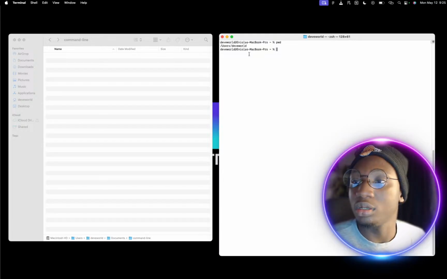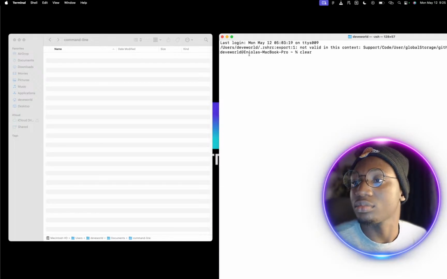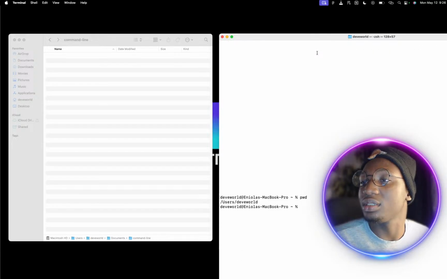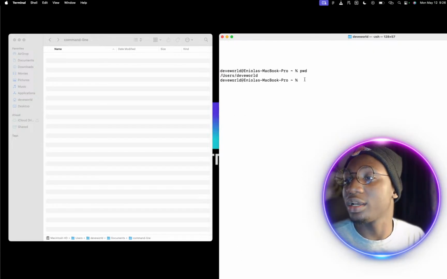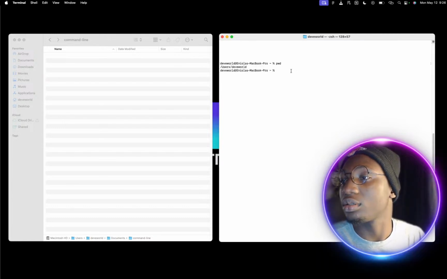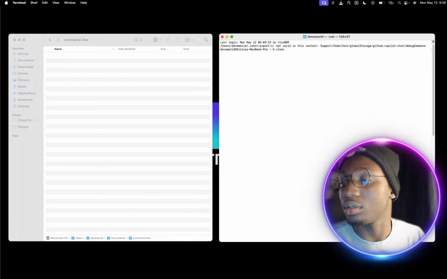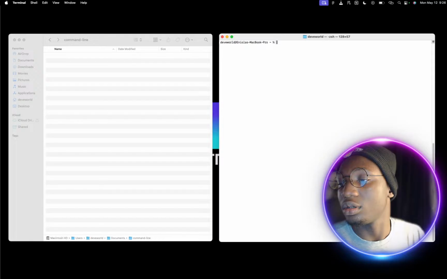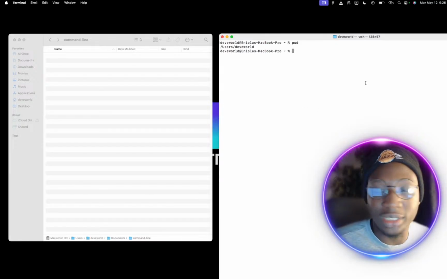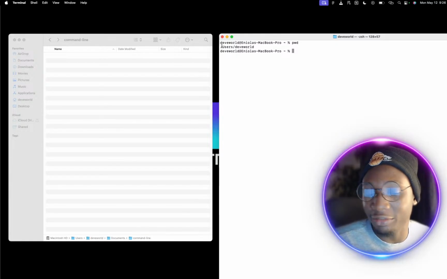Let me see if I can zoom this. All right, so you can see that. Let me say clear again from here. I want to see if I can zoom in very well for you guys. So pwd is just going to print the working directory where I'm currently in, and here you can see I'm having users,